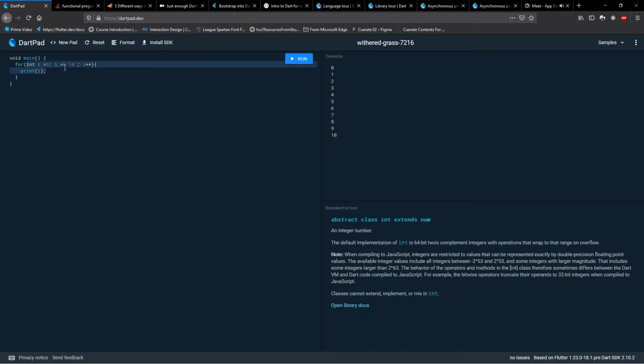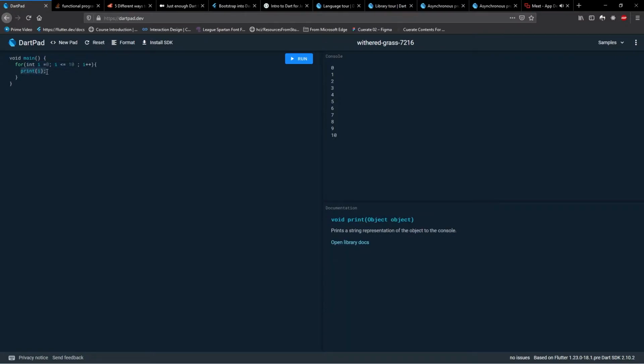In the beginning itself, it is going to check this condition and then enter. It comes back, increments the value, and checks the condition for the next iteration. So I is 1 in memory, and 1 is less than or equal to 10. It is true, so it is going to enter this loop now. It is not going to go to the initialization statement ever again. Only for the first time it is going to do that. So it is going to print 1 over here.